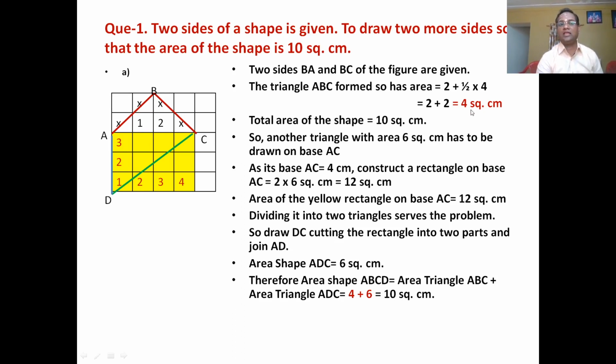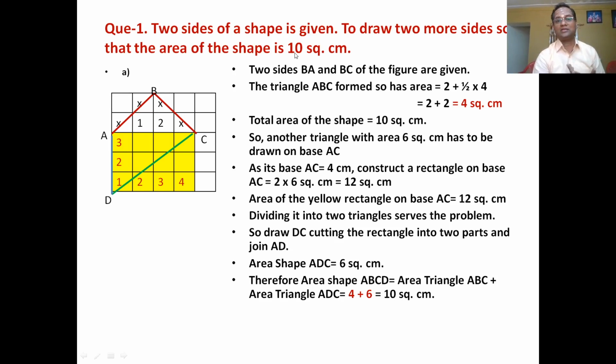This is one technique. Another technique is we'll count the number of full squares, that is 1, 2, and number of half squares 1, 2, 3, 4. So 2 plus half of 4, half of 4 is 2, so again making 4 square centimeters. So area of triangle ABC is 4 square centimeters, and total area of the shape that you need to make is